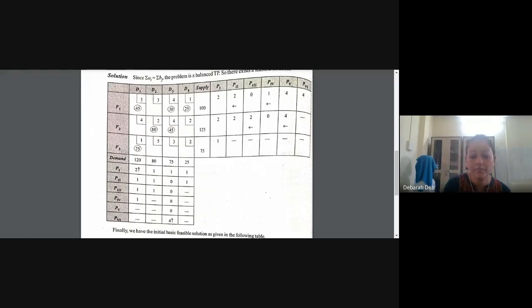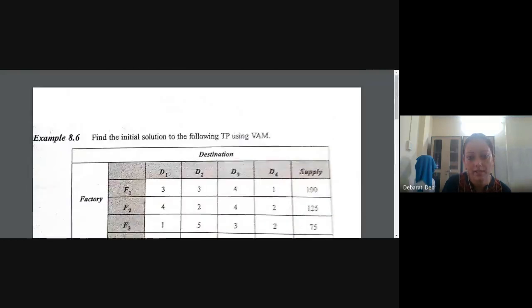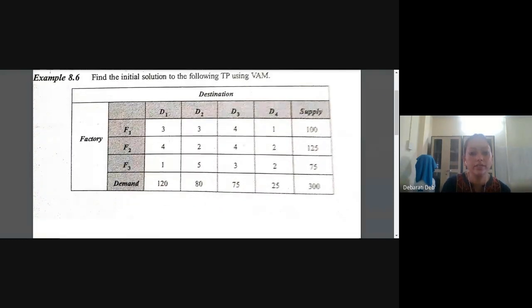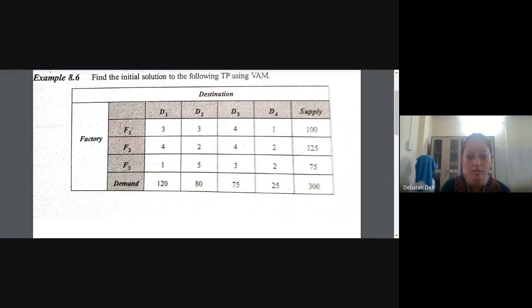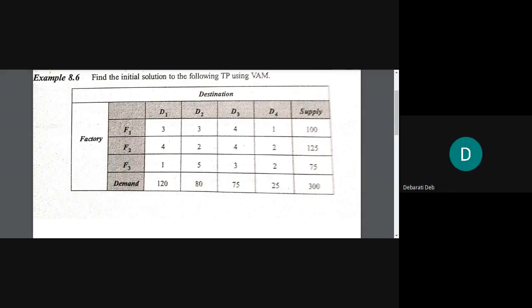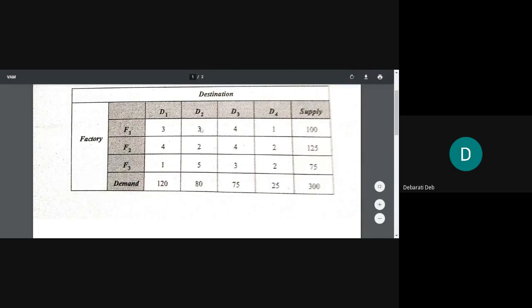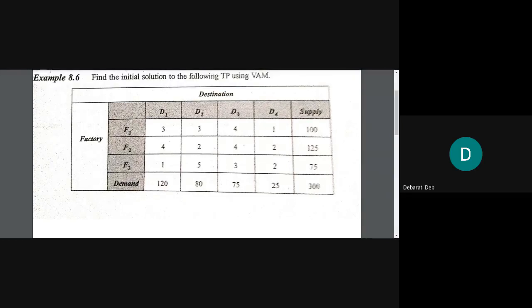Let us start. Quickly make this format. See the question and make the same type of table, otherwise you will be confused. But the cells should be a little bigger, because we'll have to allocate the number of units also. So make the same table having the same numbers, but the boxes should be a little bigger as allocations will be made. Quickly make it. I'm giving you 1 minute to make this table.